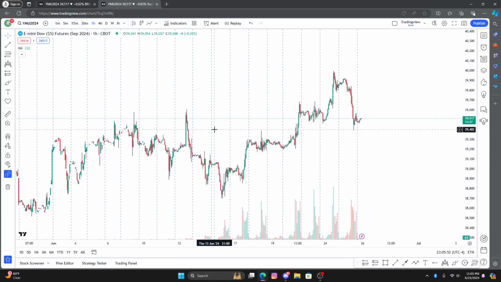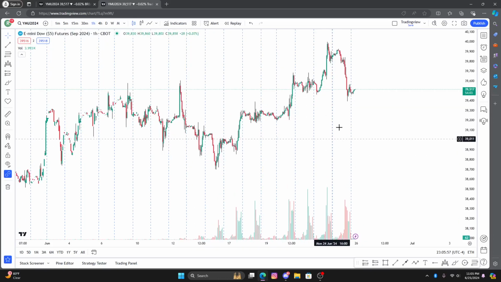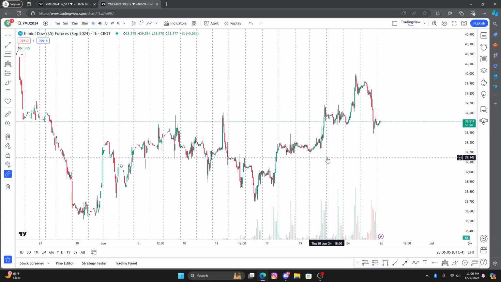But then you could customize it however you want. You could leave it like this, or you could move all these lines. This is volume. I usually don't have none of this on my chart. I like having my chart nice and clean. So to begin with,